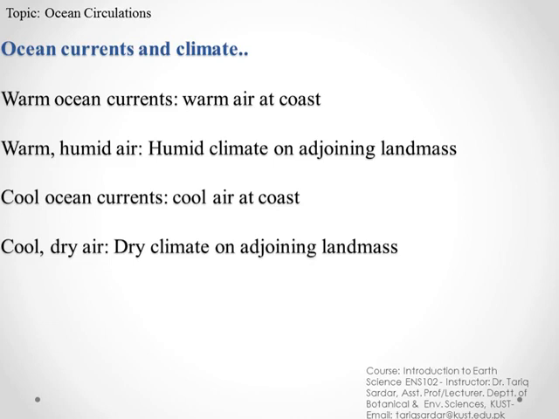You can see there is a difference between how it will be warm, or much cooler, or cool but dry, and warm but humid. It's all because of the atmospheric pressure and the winds, and also temperature. These mix up, making that combination either warm and humid, or cool, or cool and dry. And that mix-up also causes the climatological effect on the coastal areas and the effect on the weather system of those